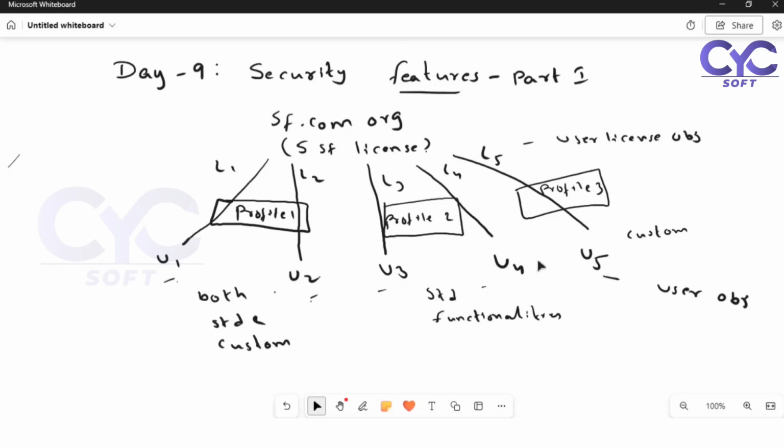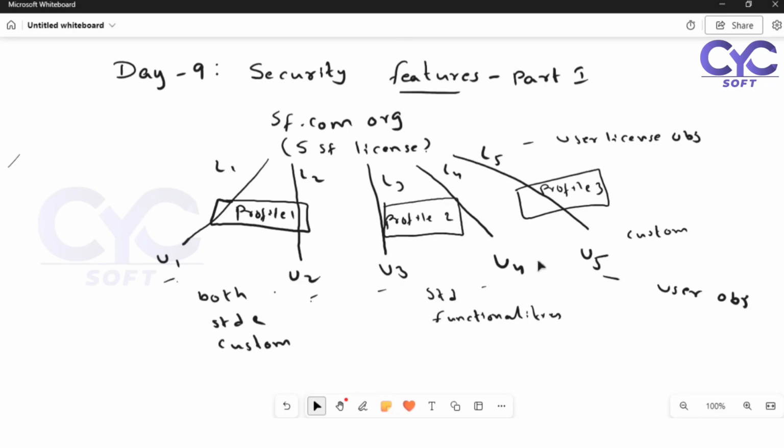We have a single business, and in a single business there are multiple people. We have hierarchies. Let's say a CEO is there, a financial officer CFO, or an operating officer COO is there. Next, a manager is there, next a technical lead, and next, let's say, developers. So in a particular organization,